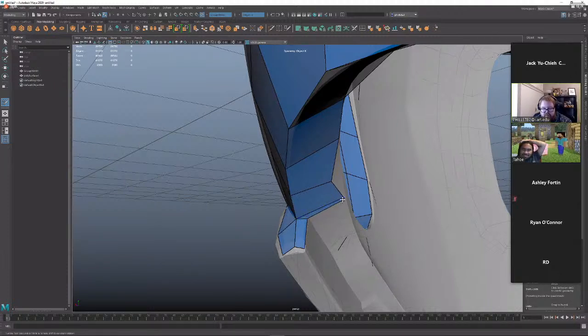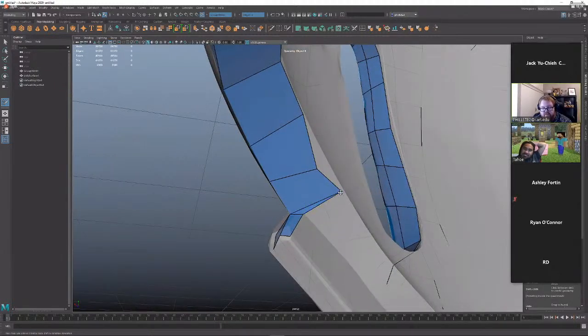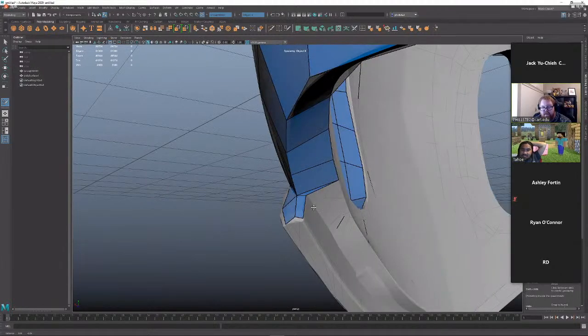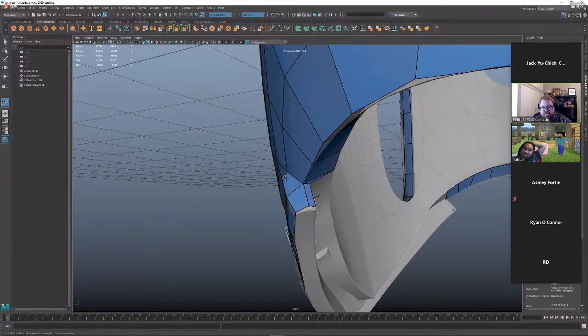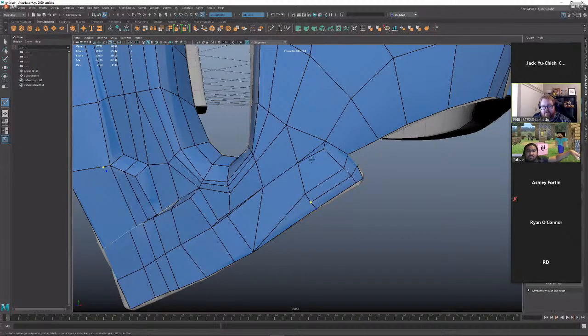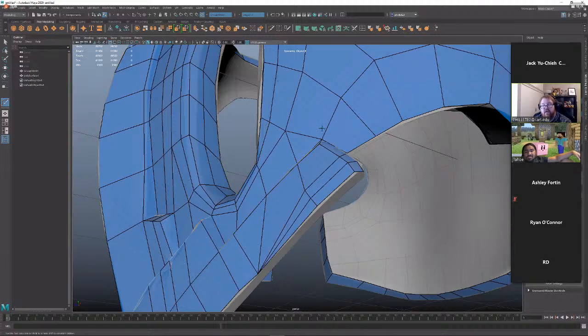Okay. Does anybody else have any questions about anything I'm doing so far? So I'm just basically going to give this thickness. I probably could have been a smart boy and modeled part of it and then just extruded it. I wasn't really thinking though, and that's usually how this works when I start low polying. I'm not really thinking all the way through sometimes, but hopefully you can learn from my mistakes and be